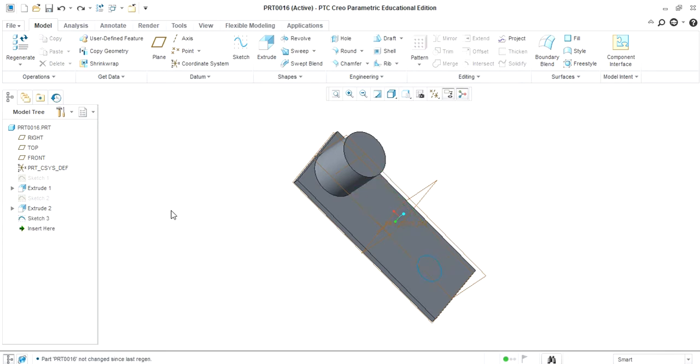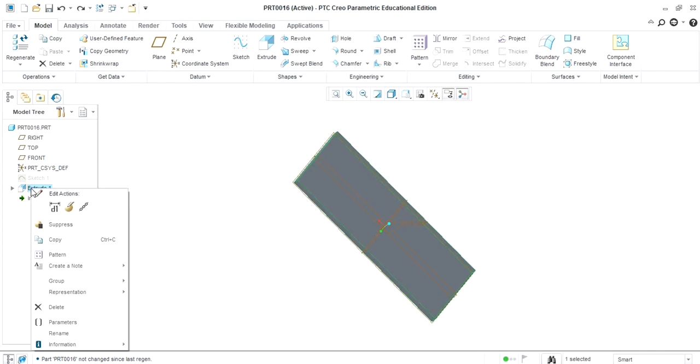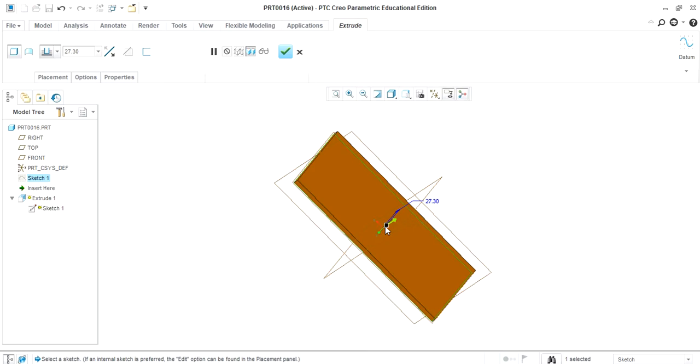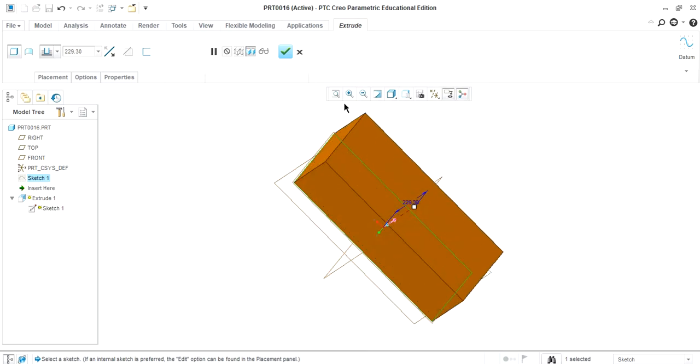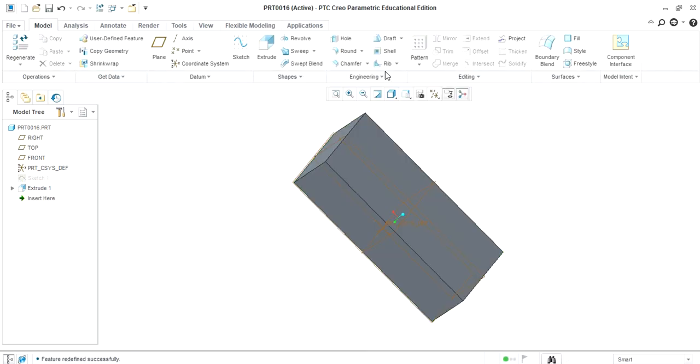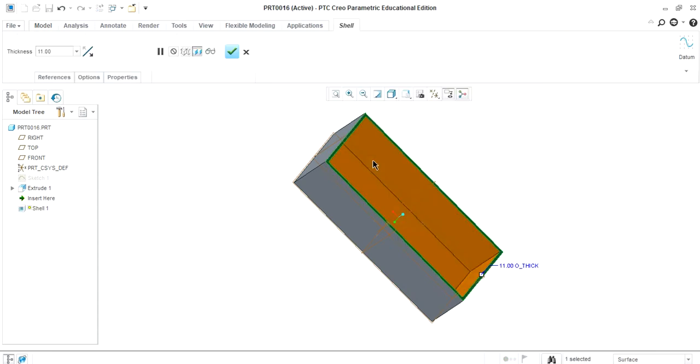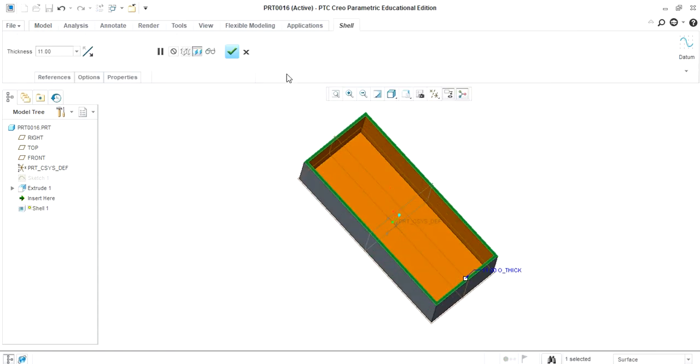So undo this. Go to the extrude of this command. Suppose we want the thickness; by using the shell command, we will make one cavity in this object. Say OK.